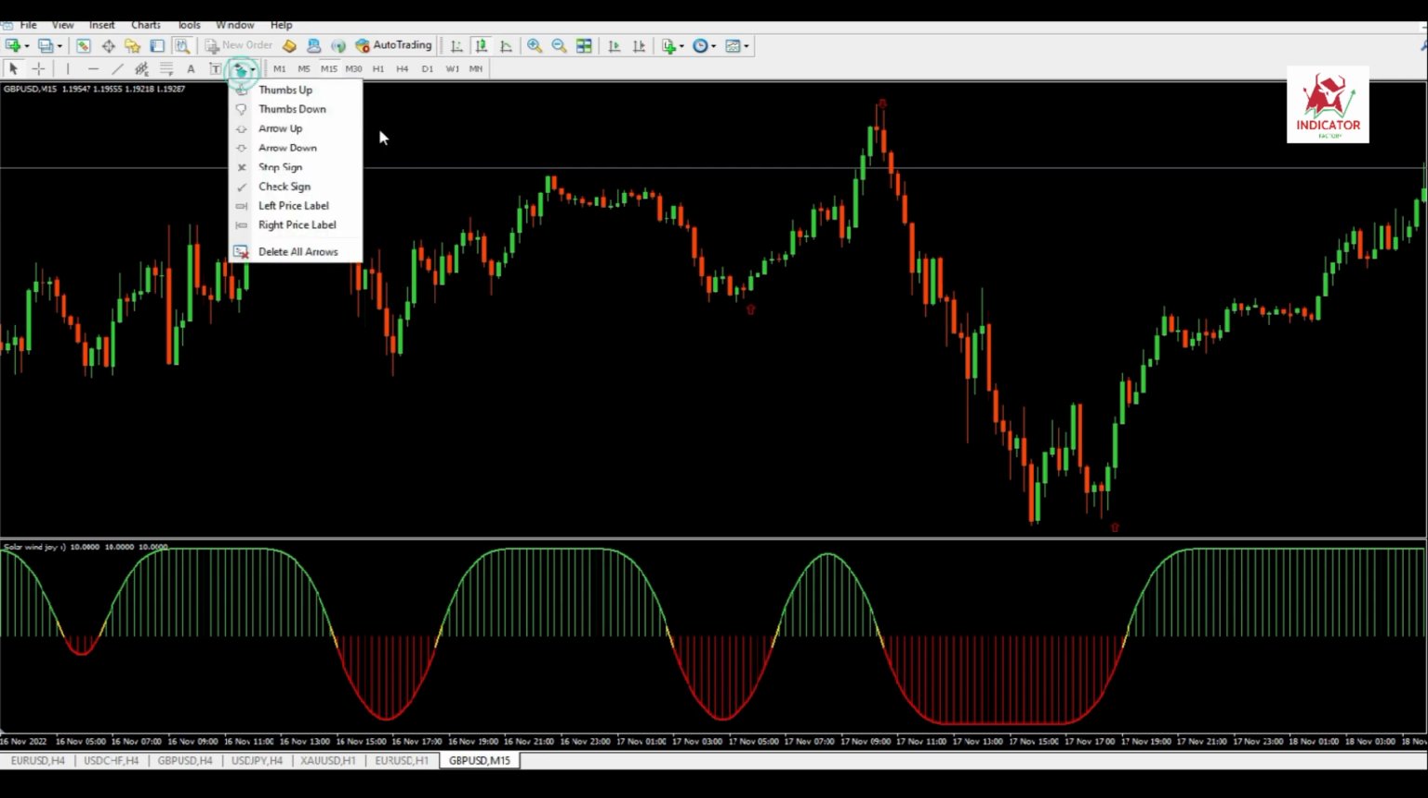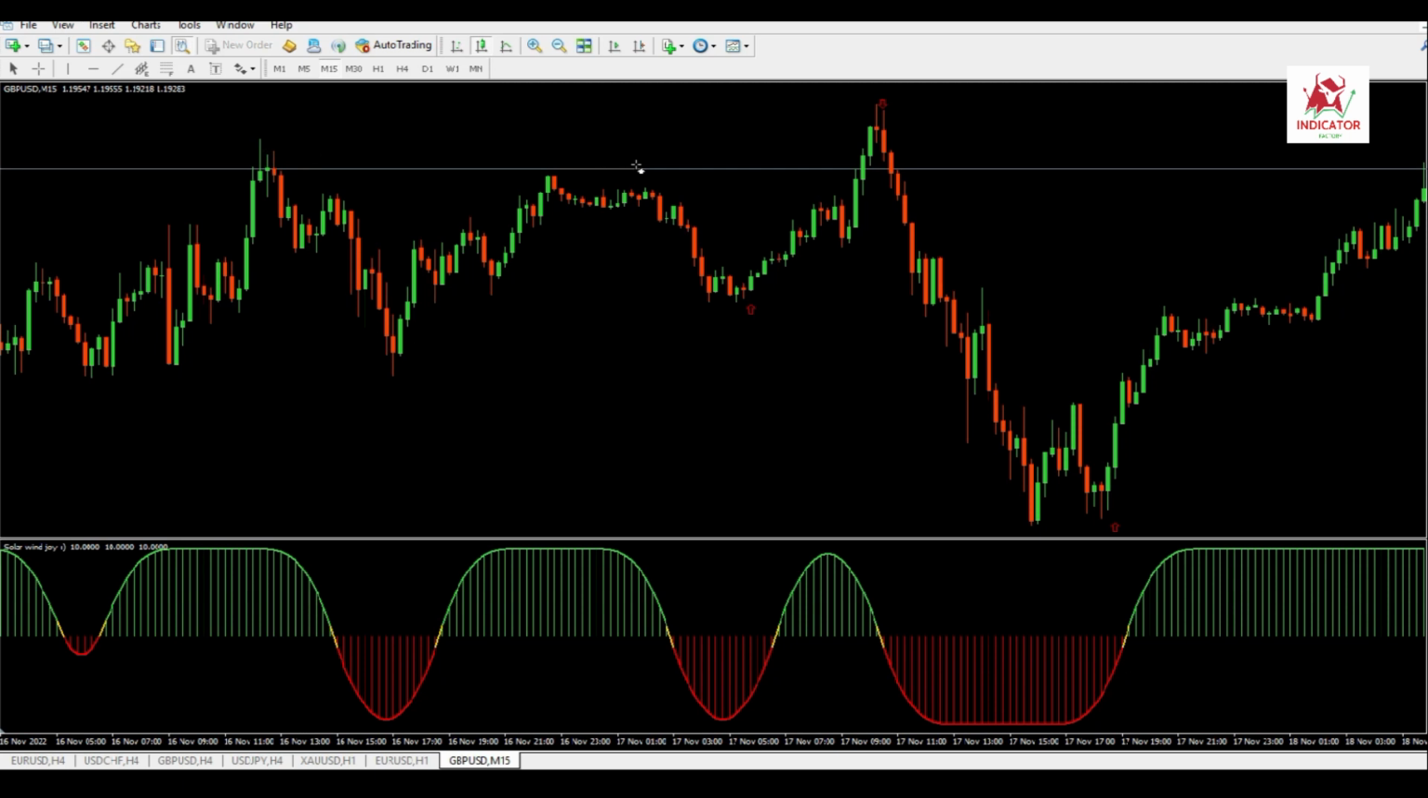Solar Wind Joy helps to reveal the strengths of buyers and sellers. It is beneficial to know about the main aspects of the indicator to utilize it effectively. The histogram's red bearish bars indicate that the sellers